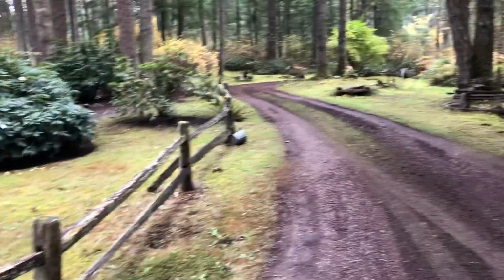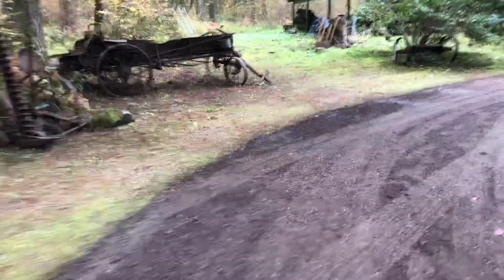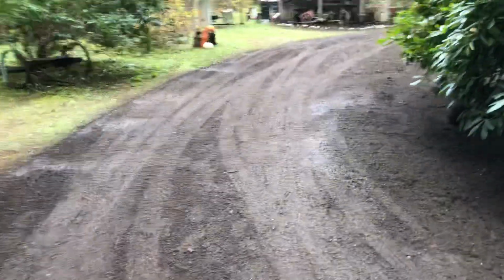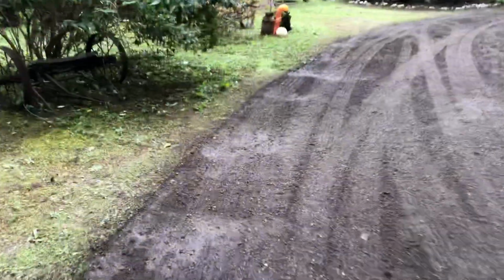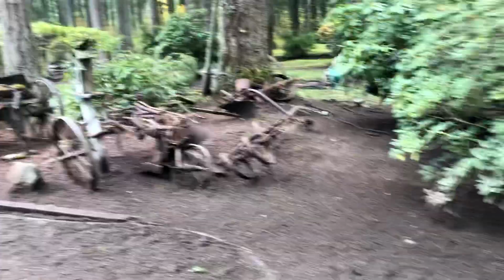I cleaned up the roads. You can see I fixed some farm machinery, cleaned it up a little bit, made it accent the place a little bit. You see how I tilled the ground, but see, it didn't take that long. This was a one-day process